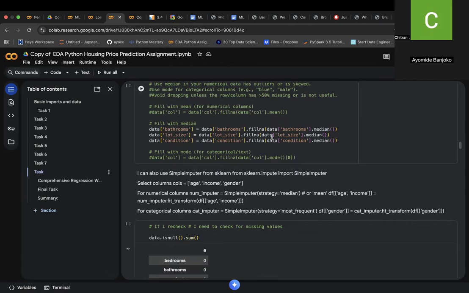So just keep that in mind, and try to explore other techniques than mean, median and mode. There are some other